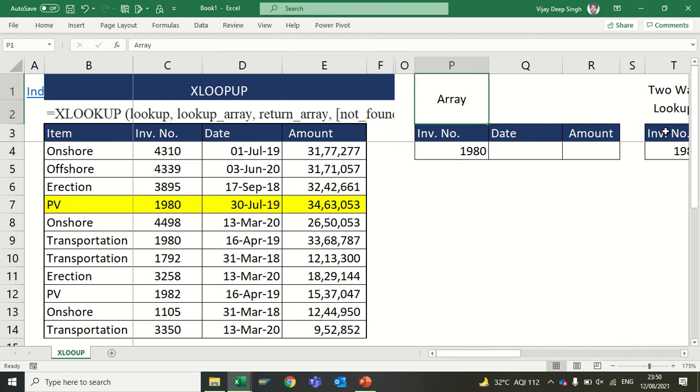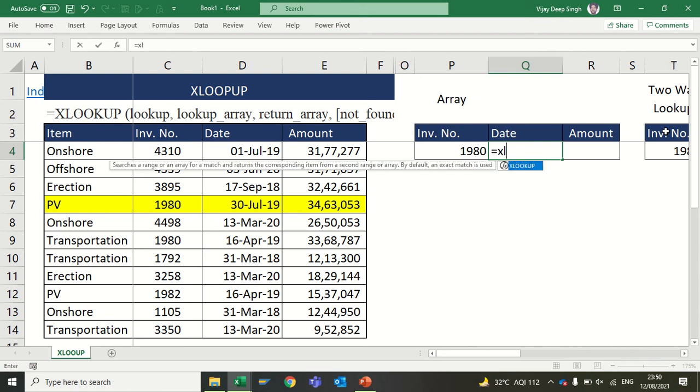Another major benefit is that it is an array function. You get two or many columns of data in one go. Suppose for this invoice number I require both pieces of information, date and amount. In that case I just have to enter the formula in one cell and get the amount as well.